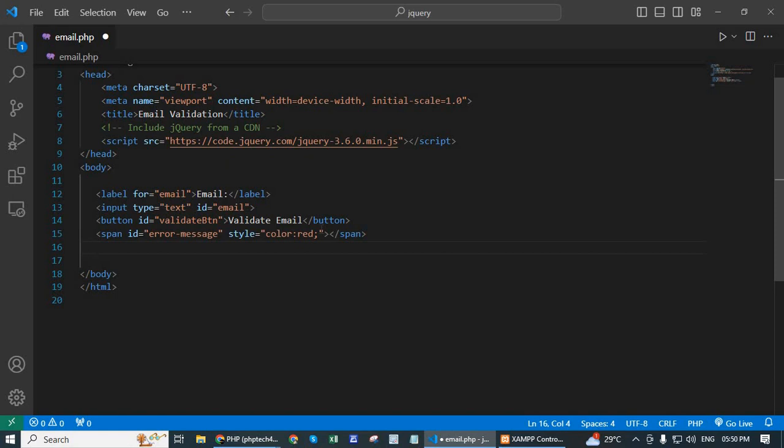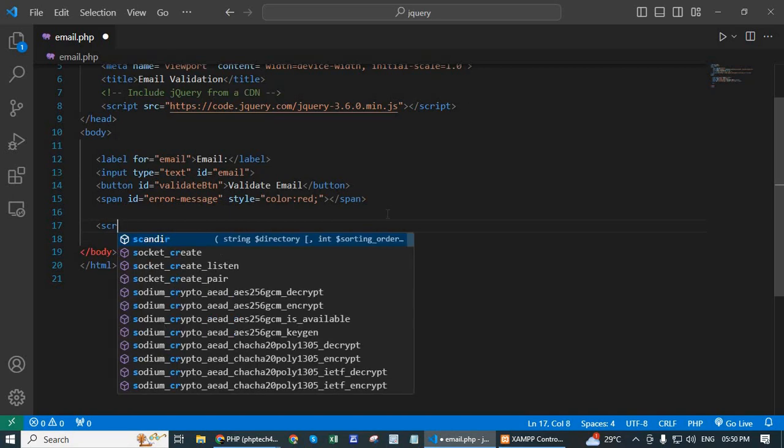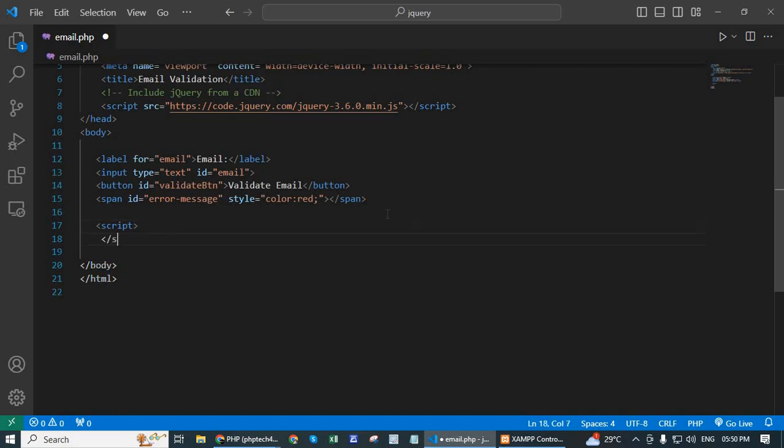Next, write jQuery to validate the email. Script tag open and script tag close. $(document).ready(function() { $("#validate button") - copy the button ID validate button - .click(function() {